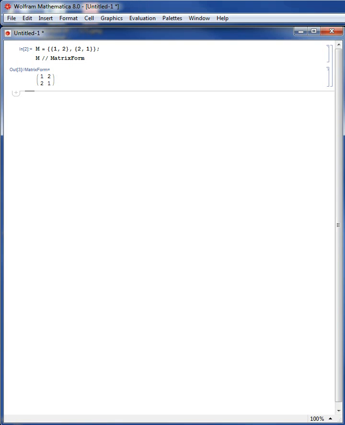1, 2, 3. Let's put a symmetric matrix. So M in matrix form. Here it is. Shift Enter. This is M in matrix form. Let's say I would like to find the eigenvalues and the eigenvectors of M. All I have to do is just Eigensystem